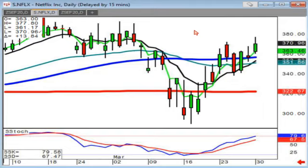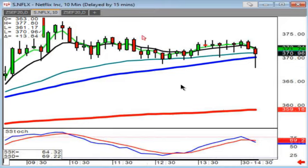Catherine, no, the 50-day moving average is just as significant. Let's take a gander here. You can see right here Netflix drifted back. It kind of drifted back to the 50. So if you're trading on the 10-minute chart, the 15-minute chart, the 5-minute chart, you're probably paying attention to these